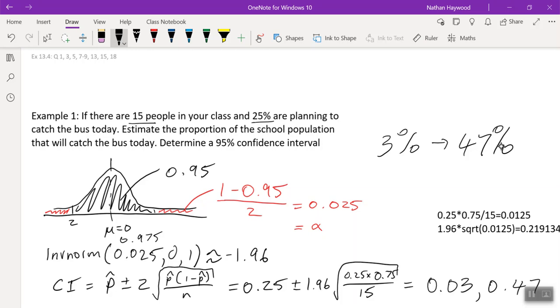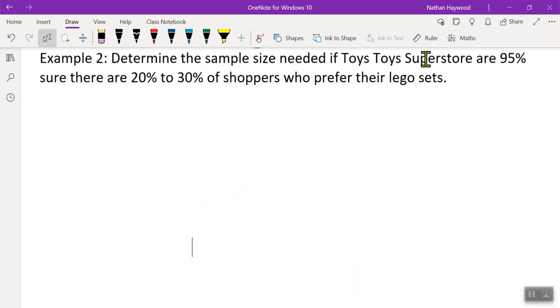How would I reduce my 95% confidence interval? Correct. I would survey more people and then I will get more confident, and I will reduce my massive percentage range of 3 to 47%. How do you know that will reduce? Correct. So you may notice in here there's a little n. So the bigger that number becomes, the smaller that overall plus or minus bit is going to become. So you could go the other way